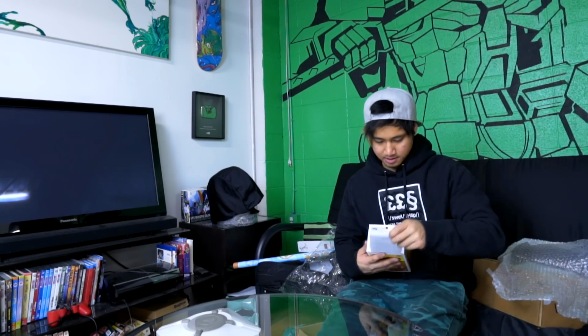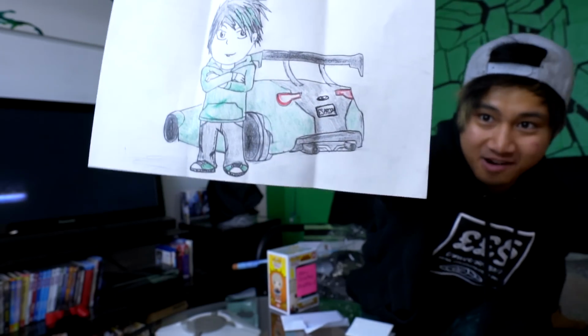So this is the P.O. box stuff that I haven't checked in a while, and I apologize. Oh man, there's a little note here and everything. Let's open her up. Oh, cool. Here, I'll show you guys the picture first. Drew a portrait of me and the car. And